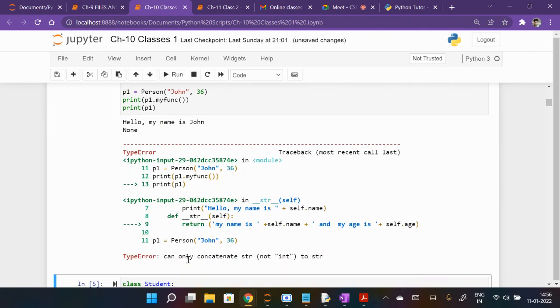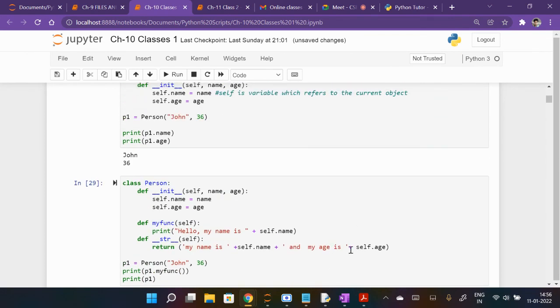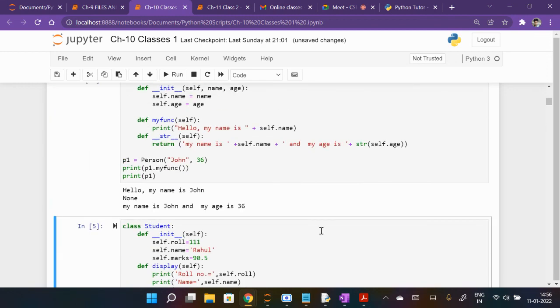It says can only concatenate string, not int. So which one is int? This is int, so you have to write it in str form. Age is int, so you cannot add two different types of object. So it was int self.age. An integer cannot be added with a string, so you have to convert it into string form, and now this will return only a string.